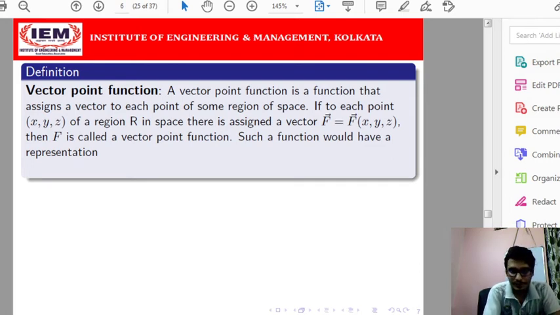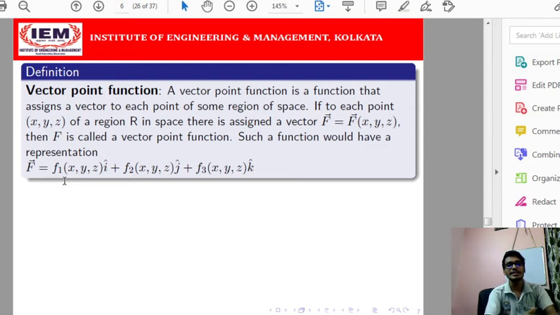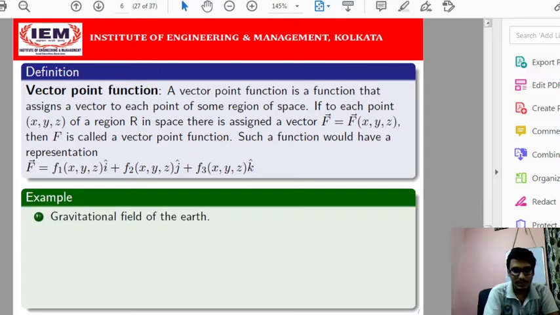So it can be defined as follows. Since it is a vector valued function, the function must have three components if we consider the domain or the plane in three-dimensional space. Then we assign some values to each and every point, which depend on the coordinates of this point, that is x, y, z. By changing the value of x, y, z, we can identify the vector value that is assigned to that particular point. So, to the examples: the gravitational field of the earth.